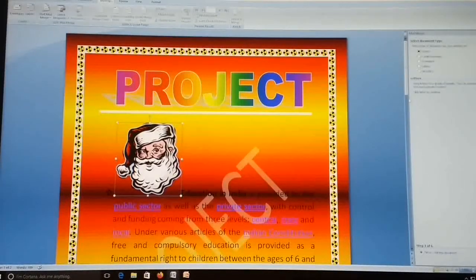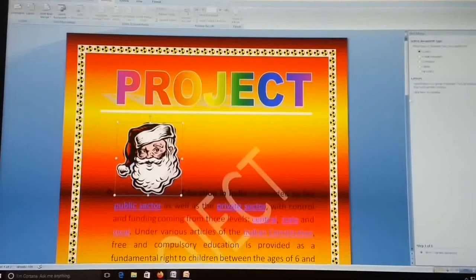Why do we use the mail merge option? Because we can send any invitation letter or any letter to 100 recipients at a time. So we need a mail merge option.